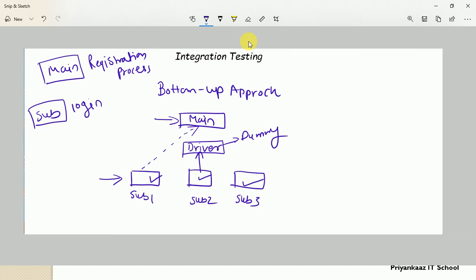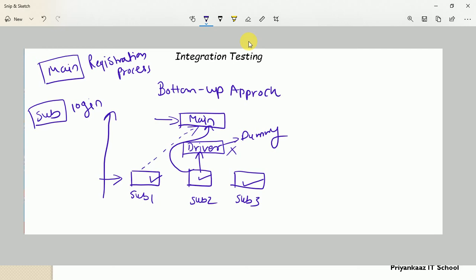Once the actual main module is ready, the driver is removed from this interconnection and the sub module is integrated with the main module directly. In this way the process continues. So in the bottom up approach, this is the flow, from bottom to up. That's the reason this approach is referred to as the bottom up integration approach.